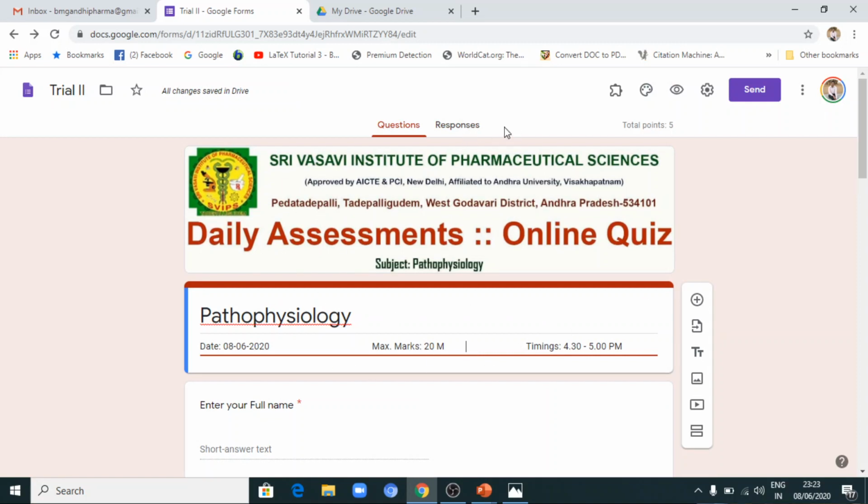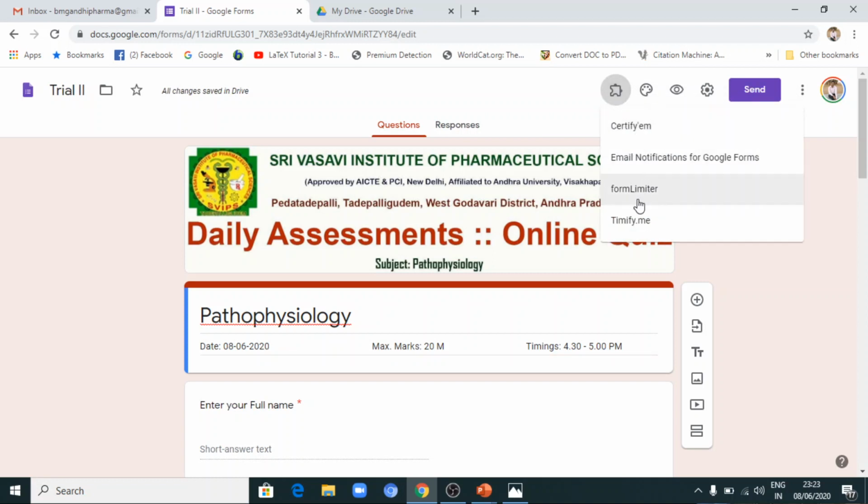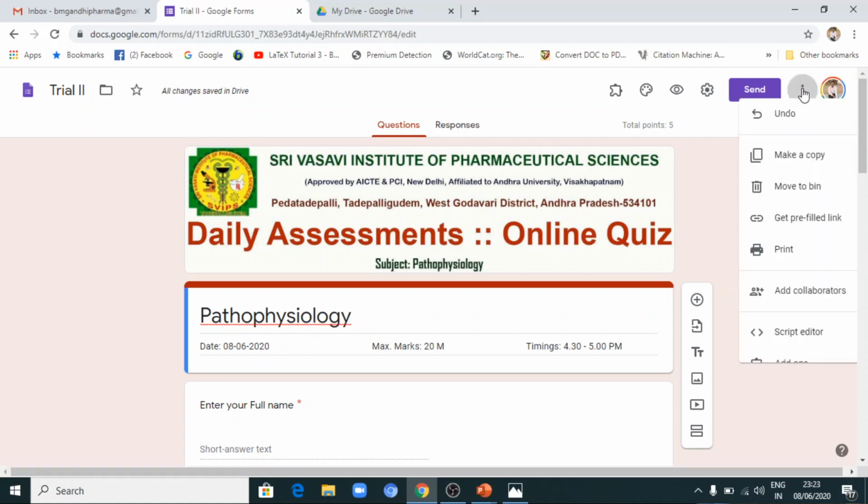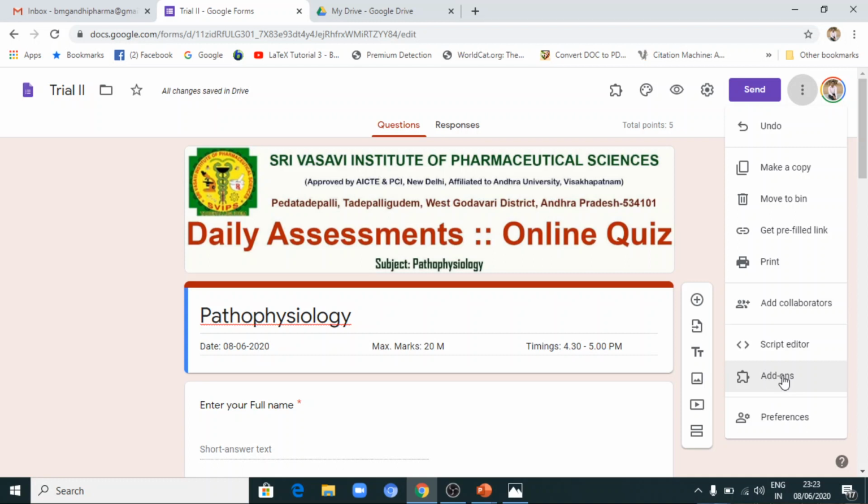Now after this, how to generate certificates. For this purpose, you need to have add-ons. Just like your Form Limiter and Timify, you can have add-ons at this particular More option button, where you can see add-ons.